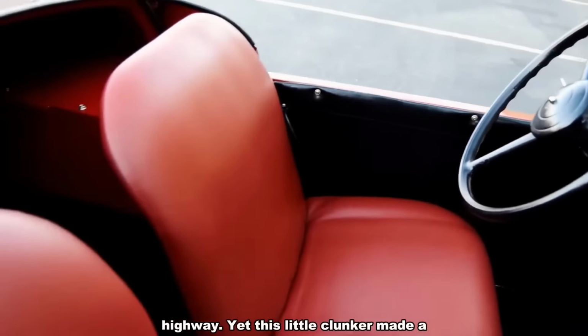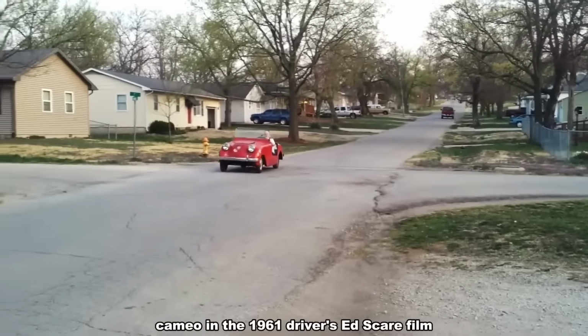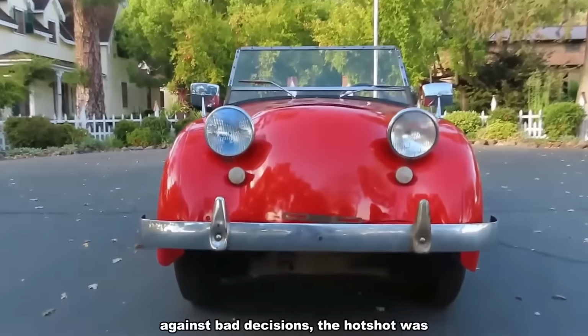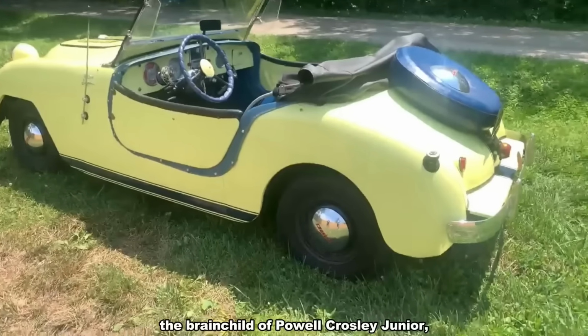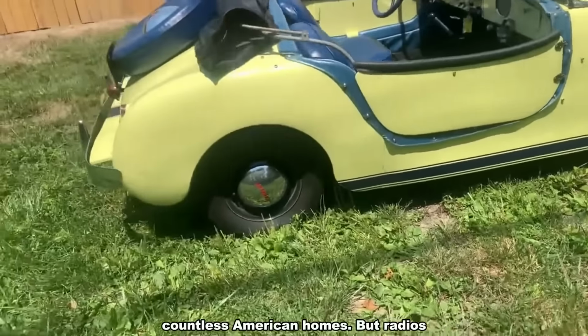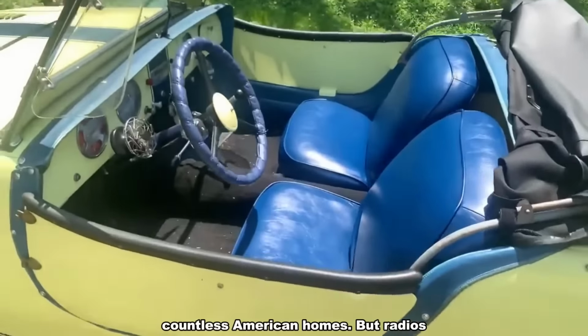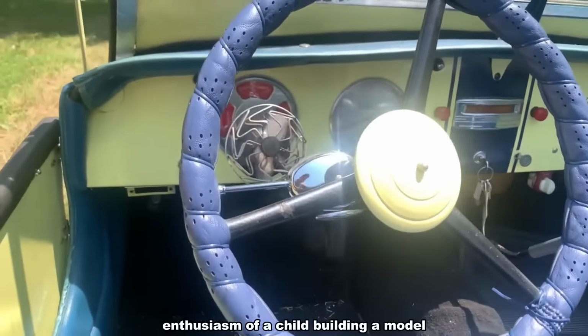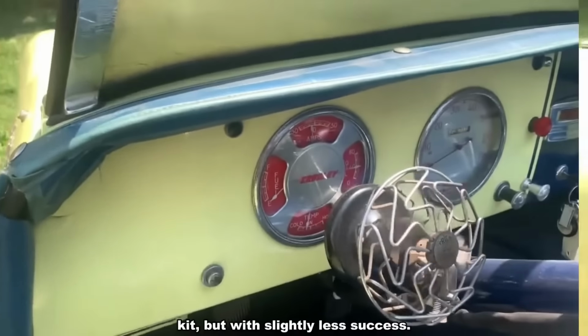Yet this little clunker made a cameo in the 1961 driver's Ed scare film Mechanized Death, perhaps as a warning against bad decisions. The Hotshot was the brainchild of Powell Crosley Jr., the same guy who brought radios into countless American homes. But radios weren't enough for him. He wanted to make cars too, which he did with the enthusiasm of a child building a model kit, but